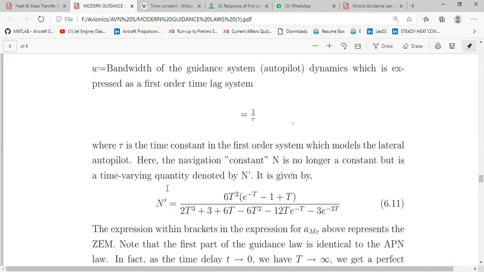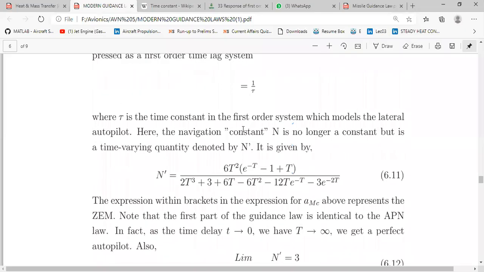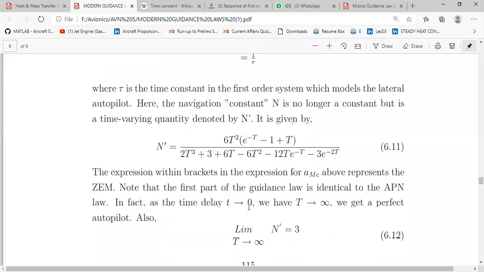Earlier it was constant, but as it is autopilot, delay time comes into the picture. The guidance number will be variable. It will depend on the bandwidth and the delay time. And again, delay time will be depending on the maneuverability of the target. So this will not remain constant. Now, if you take delay time equal to 0, or